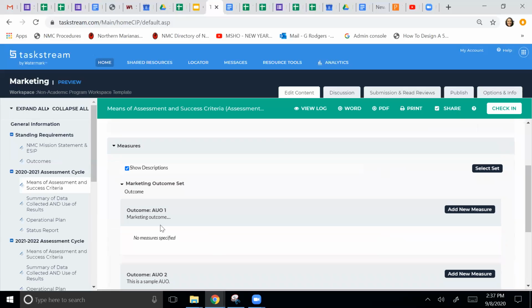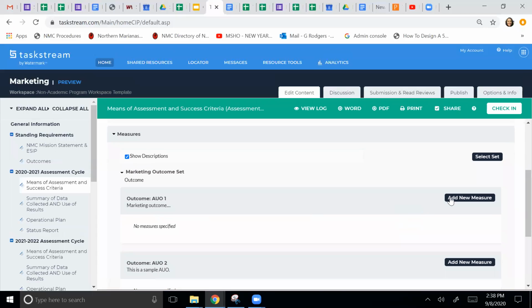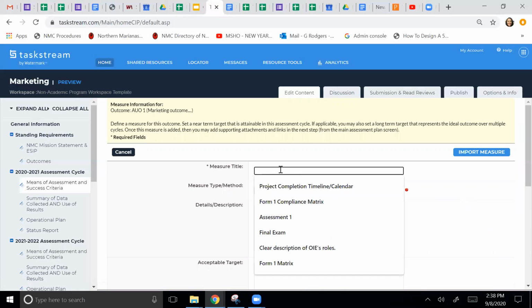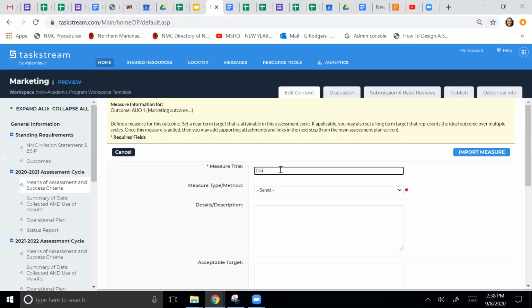And then to the right of each AUO, SLO, or PLO, you can add a new measure. So we'll click Add New Measure. And then whatever your title is, you'll give it here. So if it happens to be a survey, a questionnaire, or a test, a quiz, a teach back, that's what you would enter here. And so we're just going to do a client satisfaction